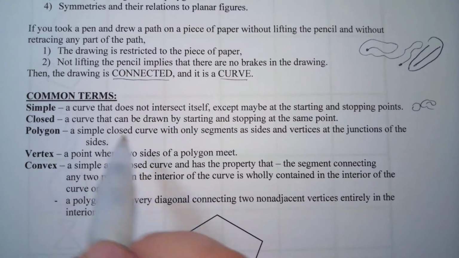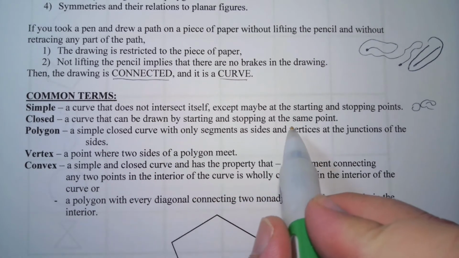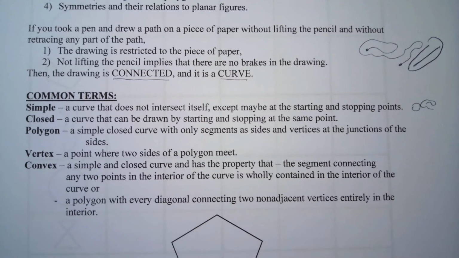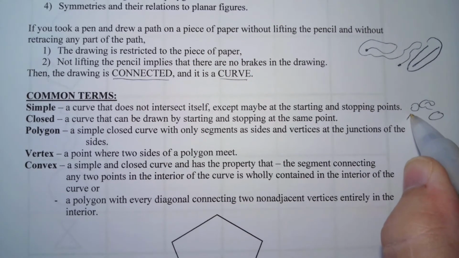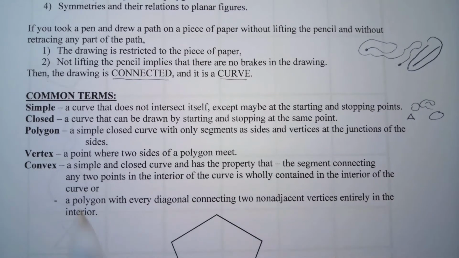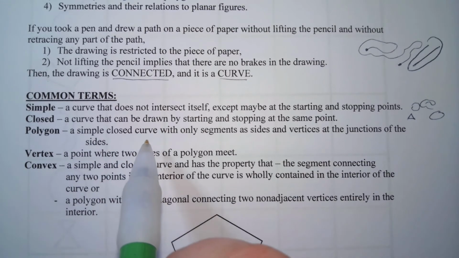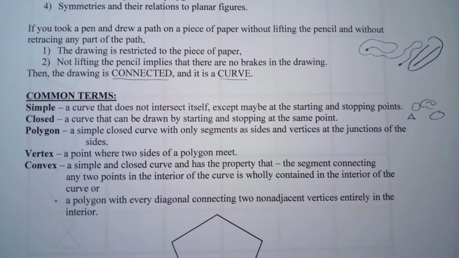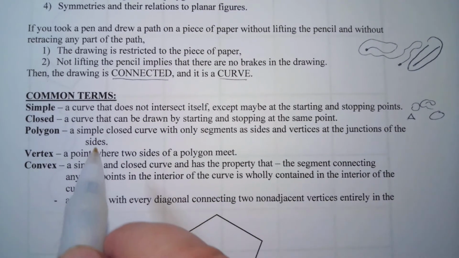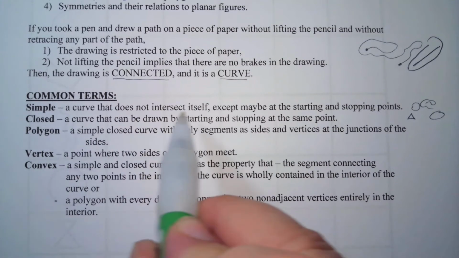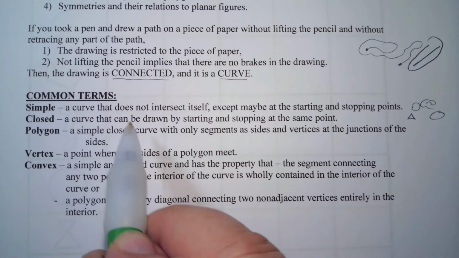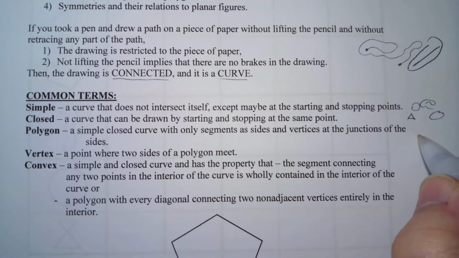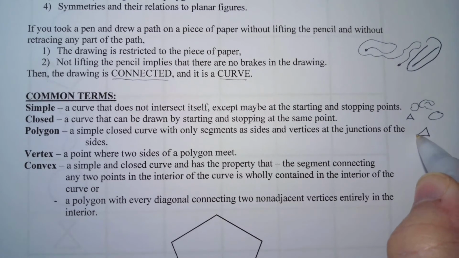A closed curve. A closed curve is a curve that can be drawn by starting and stopping at the same point, like a circle, or an oval, or a triangle. Polygon. A simple closed curve with only segments as sides and vertices as junctions of the sides. Ooh, that's interesting. It's simple, meaning there's no intersection, and it's closed, meaning it starts and stops at the same place. So, like I said, a triangle or a square